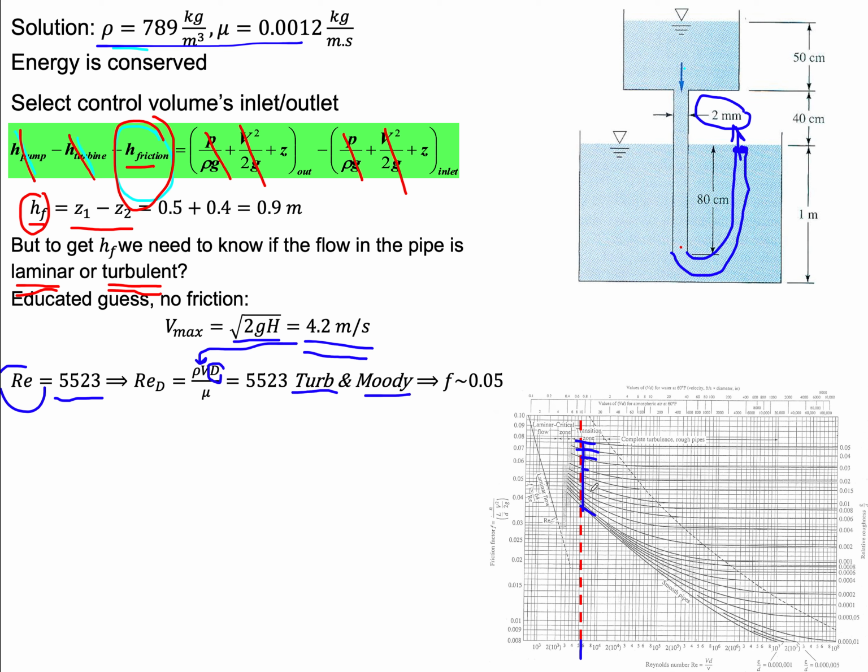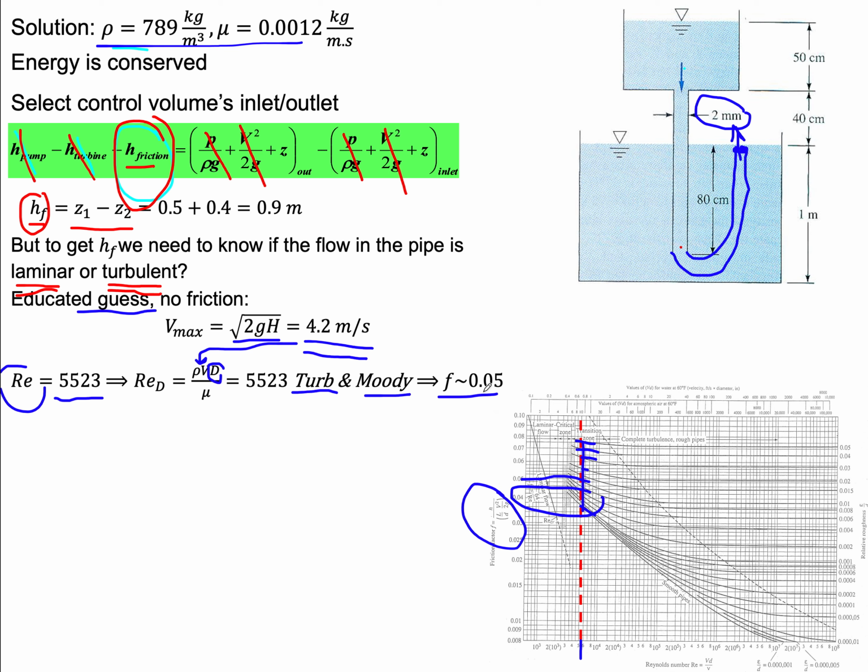So I would pick something closer to the lower end. And you see, we are still in the guessing phase. We don't know if it's laminar or turbulent, so we have some leeway in our solution. So I've picked 0.05 as my friction factor f,